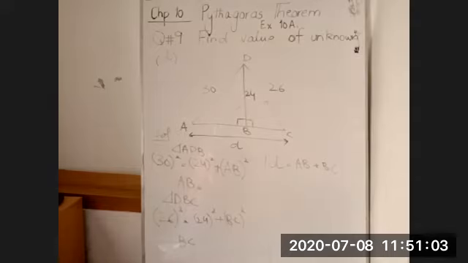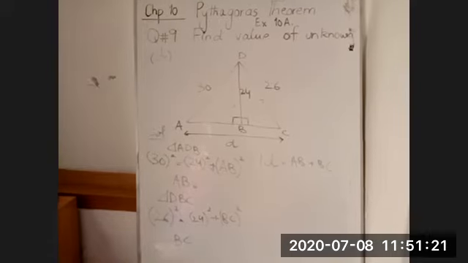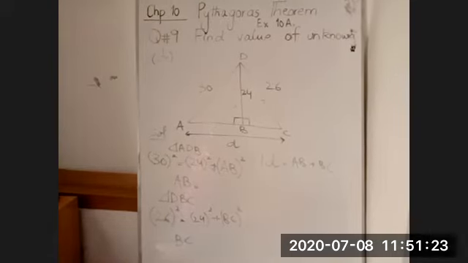At last, you will say that D is equal to AB plus BC, because we were asked to find the value of the unknown, which is D. Its value is AB plus BC. You will have the value of AB and BC, and you have to put them. By adding, you will get the value of D. These questions are easy, just you need to pay attention to it. थोड़े से फोकस करें तो आपसे क्वेश्चन बड़ी आसानी से हो जाते हैं.